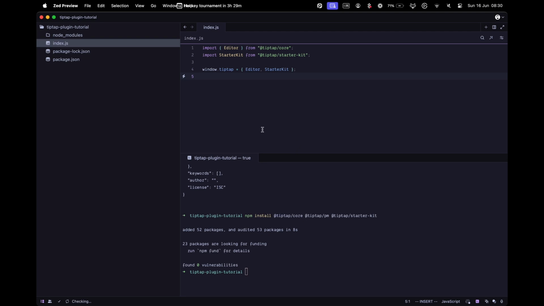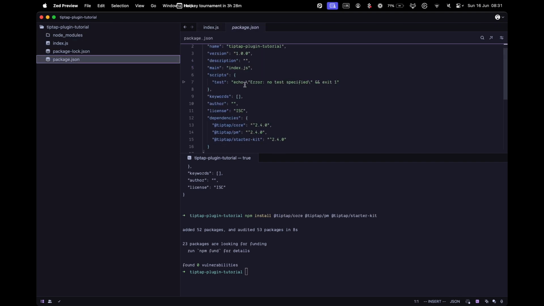All right, but Bubble cannot use any of this stuff here. So we need to package this and give it to Bubble in a way that it understands. To do that, I'm going to add a script here, in the package.json. This is just a shortcut that we can run and rerun very easily to package all of this. And all it does is this: it runs esbuild, which is a command. It takes the index.js file, bundles it, minifies it, and then puts it out in this.js file. So if I go in and run it now,